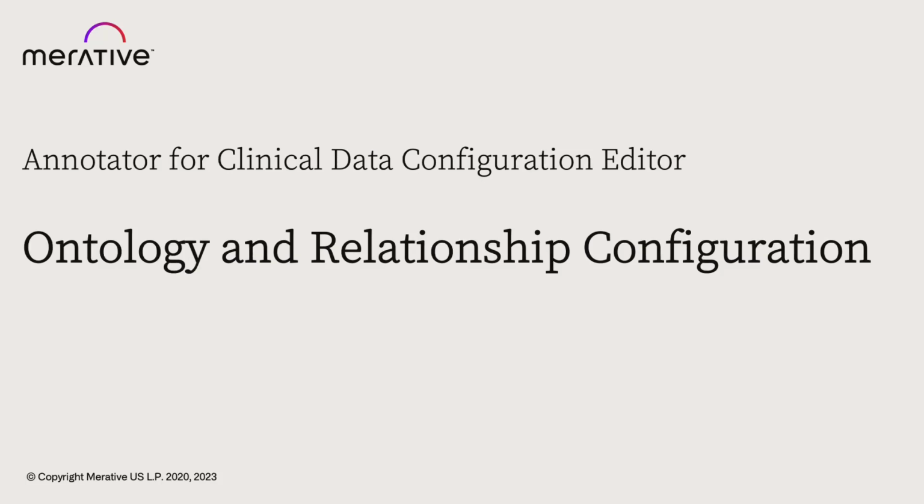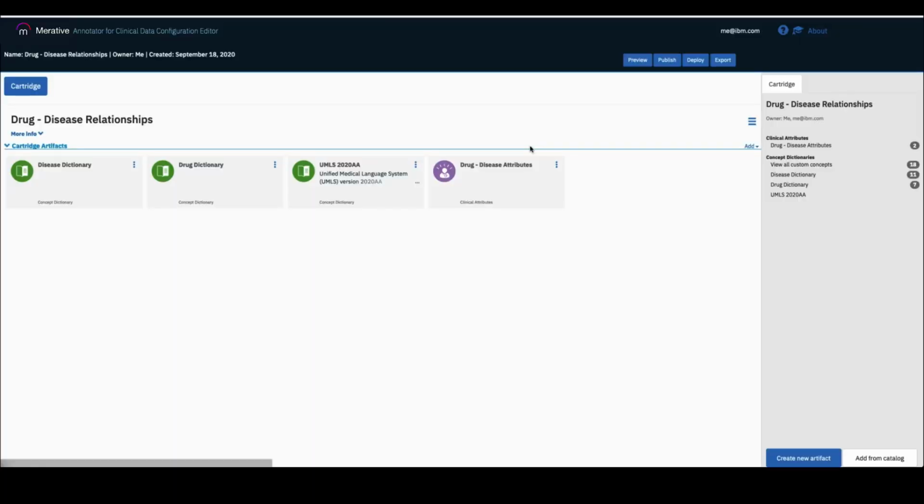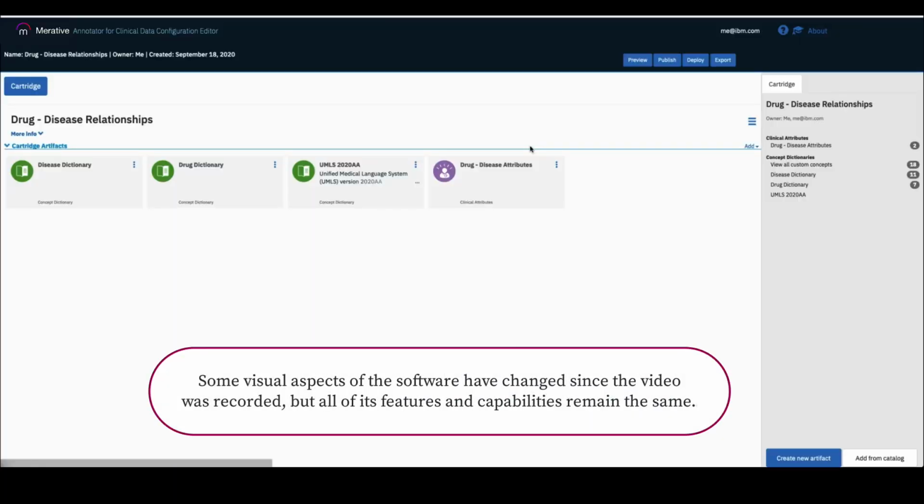In this video, I am going to demonstrate creating a custom ontology to relate custom dictionary concepts to each other. I will show how to use these custom relations as well as UMLS relations in tree view and through relationship detection. I'm going to use a cartridge called Drug Disease Relationships to demonstrate,